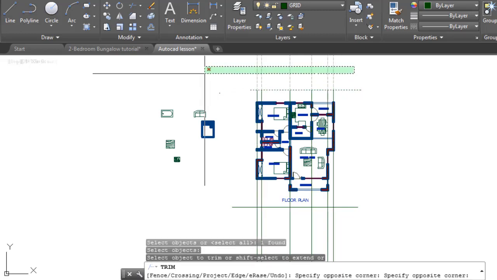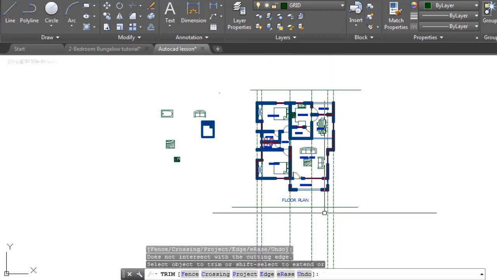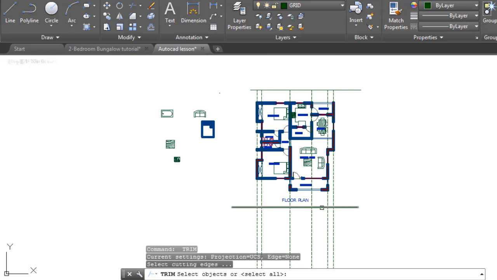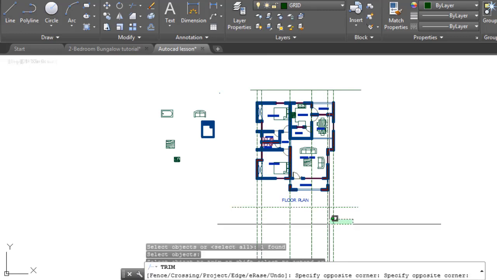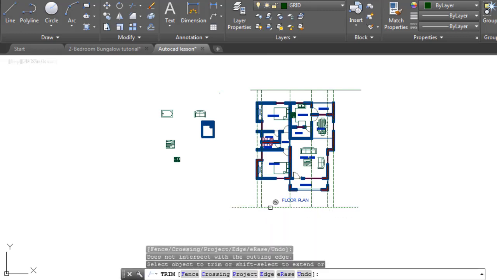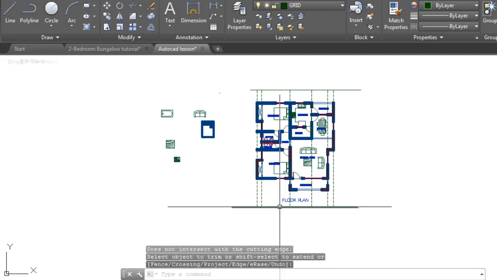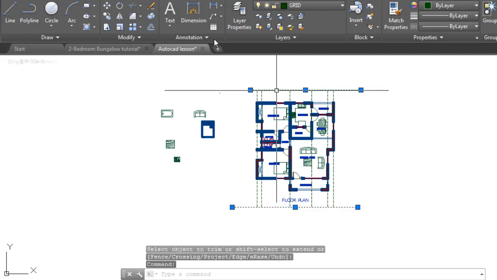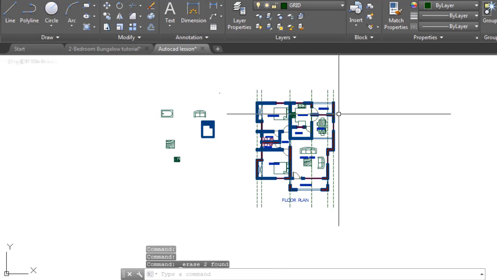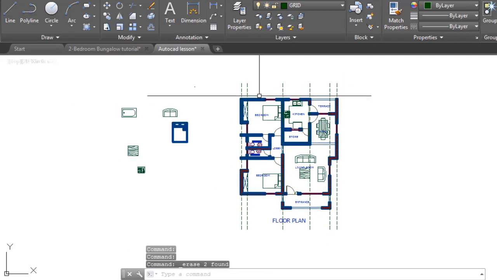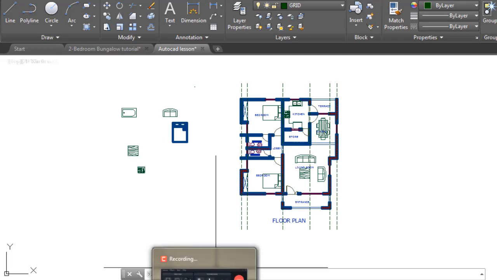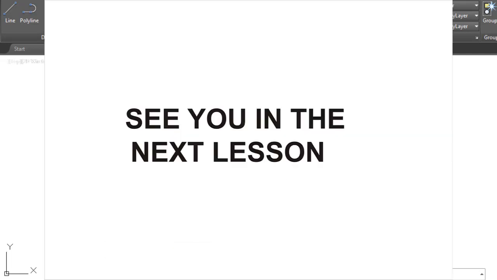You now click the lines that you want to trim. The same thing you do here. You click on this one and you trim. You press enter. You can now delete this one, pick this one and erase or delete, as the case may be. So you have done one aspect of your grid lines. Then we move to the next class to discuss how to continue with